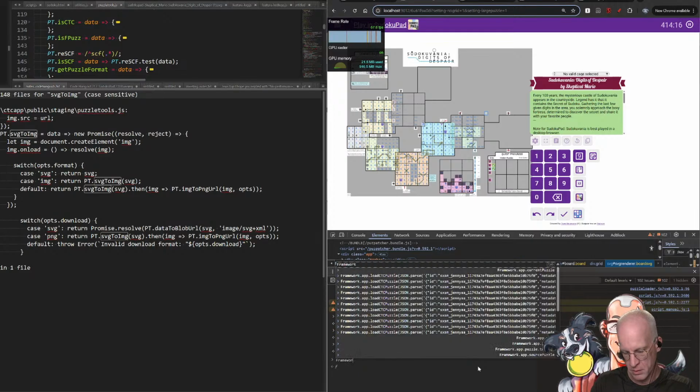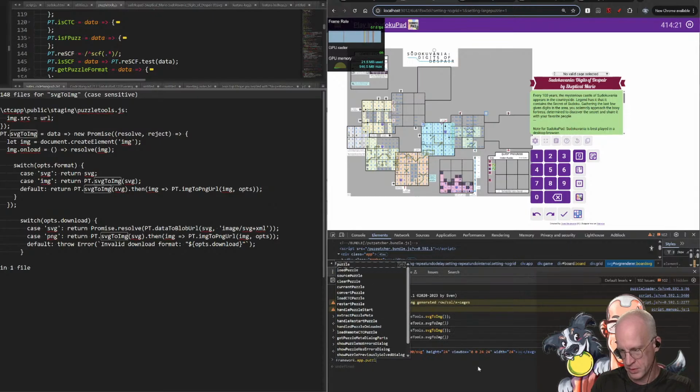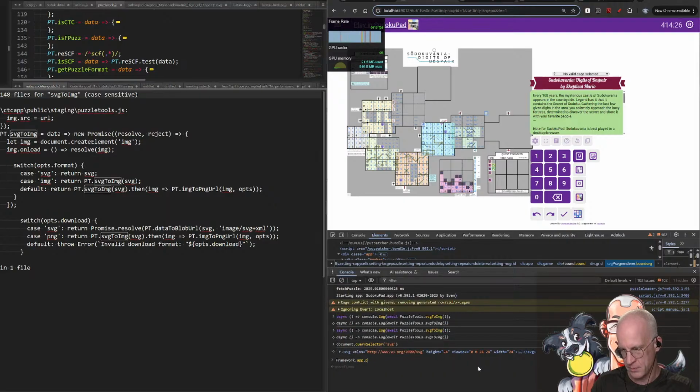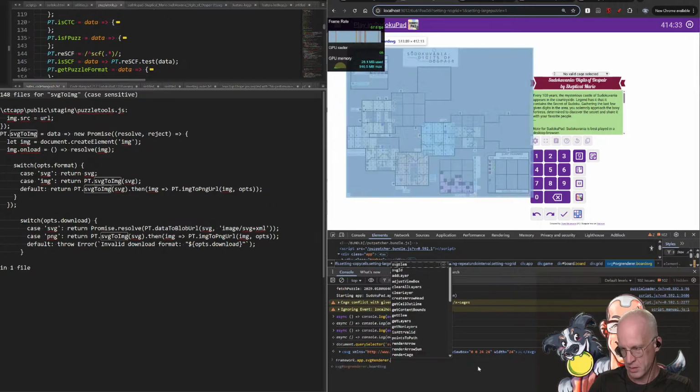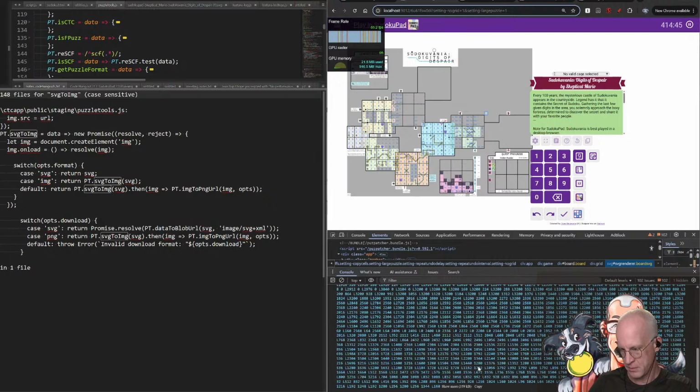Framework dot app dot puzzle dot render app dot render SVG renderer dot SVG elem dot outerHTML, and then if we do this,